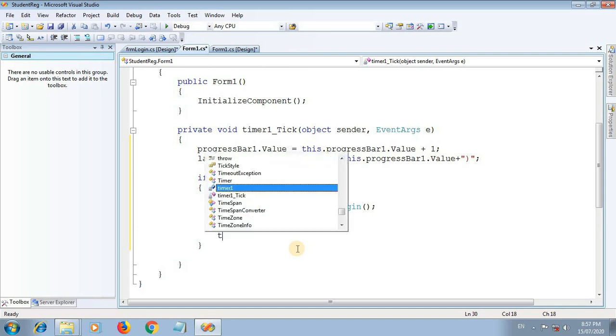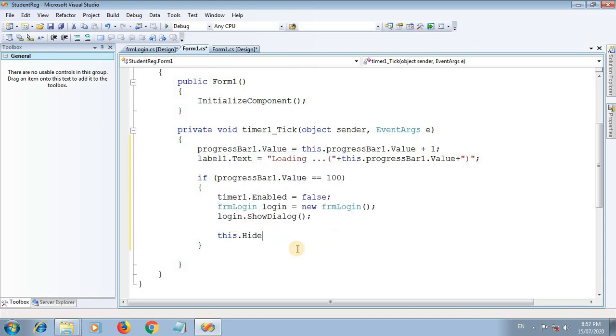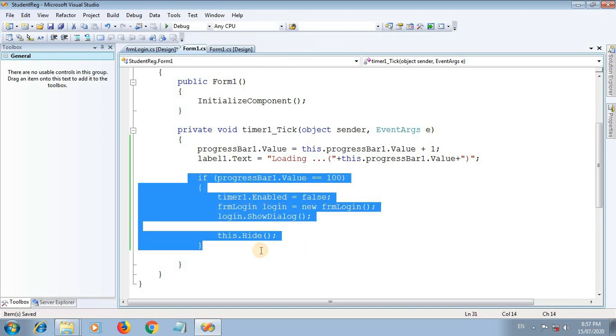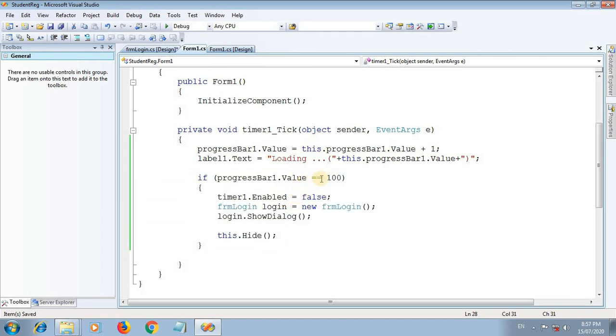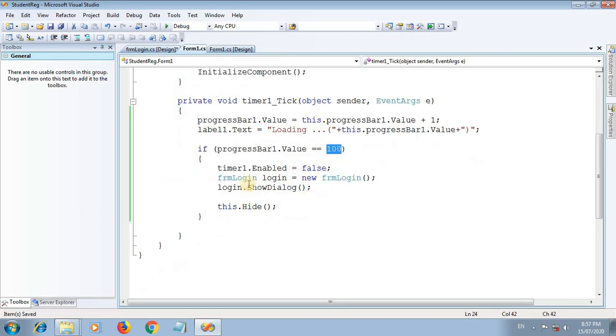After opening the form, hide this form: this dot hide. This dot hide means the current form will be hidden. So this is the code to open a new form and hide the current form. Whenever our progress bar value reaches 100, the login form will be shown and the current form will be hidden.